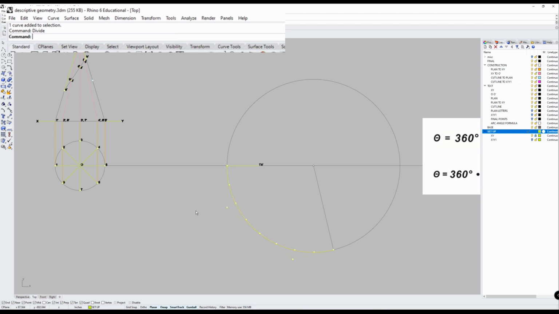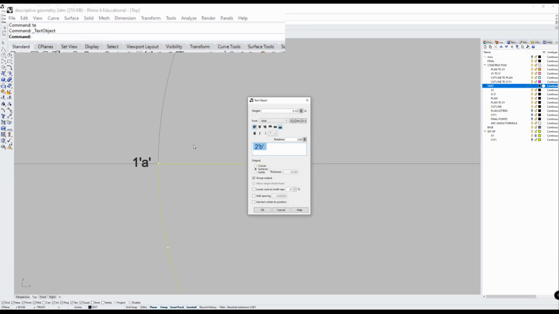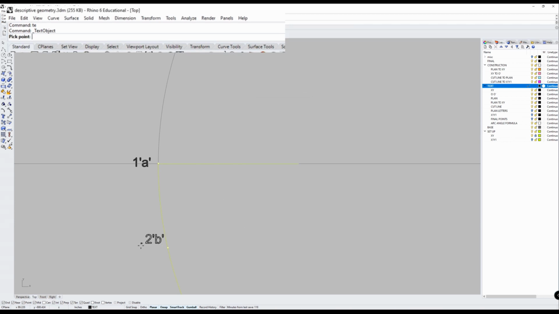Okay, we'll separate it into 8, and now we can go ahead and label them. So this one will just scoot on over there and basically continue the trend. So we have the 2 prime B,